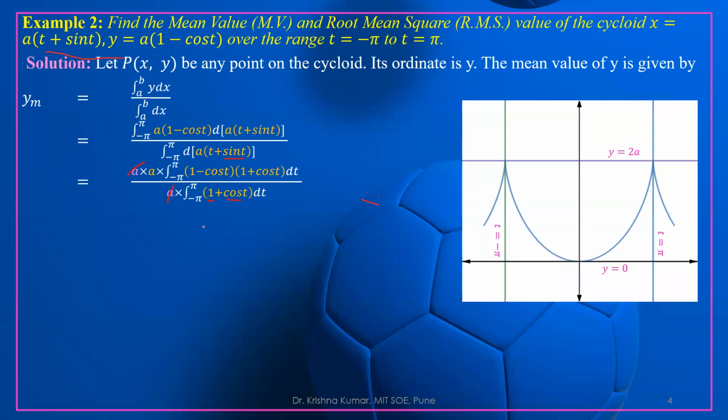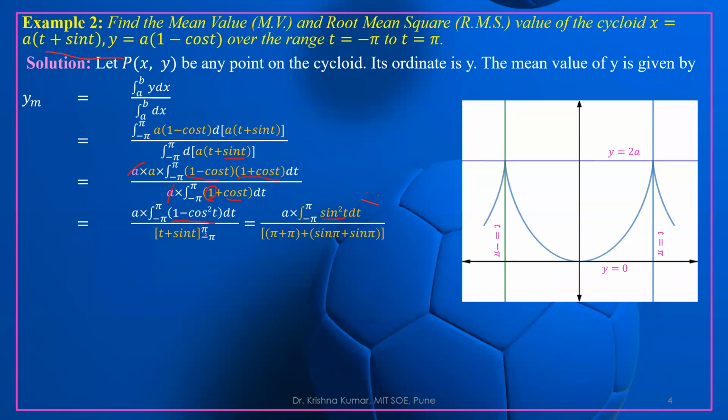Okay. So what is the next part? We have only one a, from minus pi to pi. Now it is (a minus b)(a plus b). So what is the formula? It is a square minus b square. So 1 minus cos square t. Similarly, the integration of 1 is t, and the integration of cos t is sine t. So now this 1 minus cos square t is sine square t.